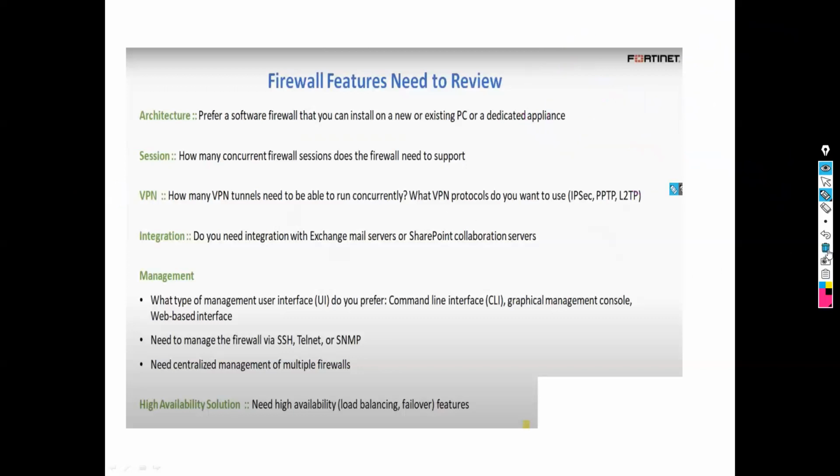Okay, integration. In case I want to integrate my firewall box with any server, like a remote authentication server like Radius, TACACS, or in case I want to integrate my firewall box with an Exchange mail server or SharePoint collaboration server, so can I integrate? In case I want to manage this firewall device through CLI, through graphical interface, can I manage? In case I want to manage through Telnet, SSH, and SNMP, and in case I have multiple firewalls,